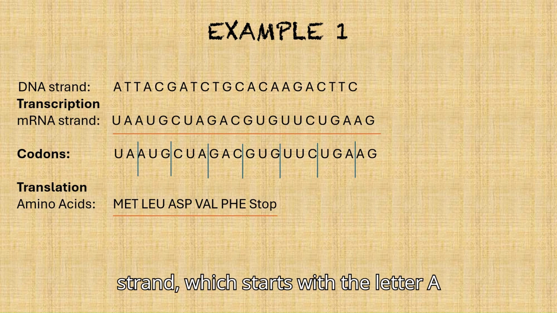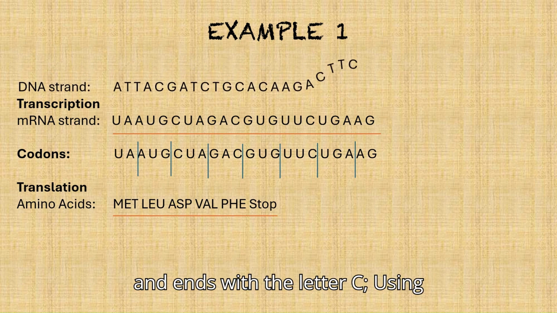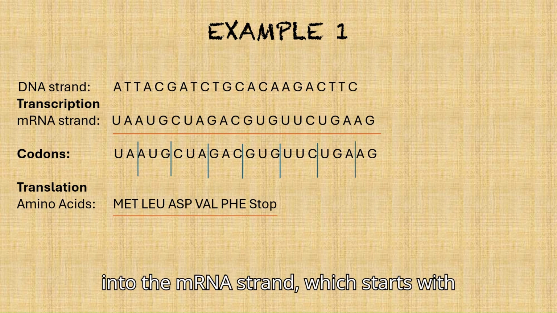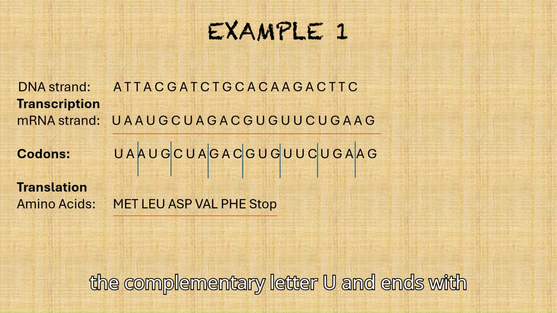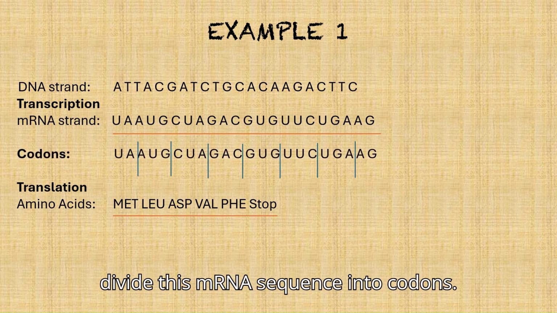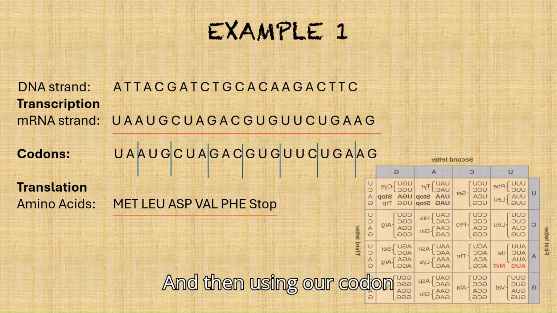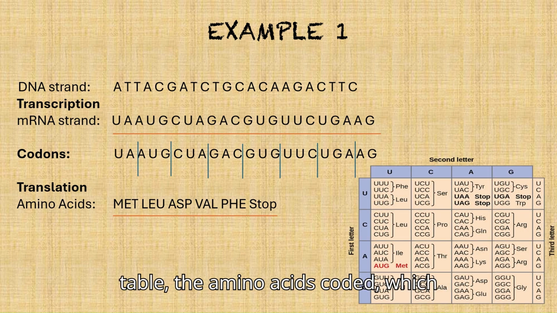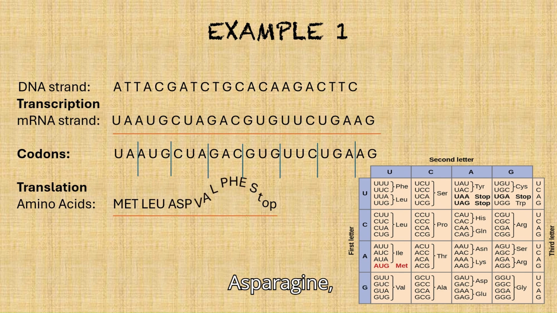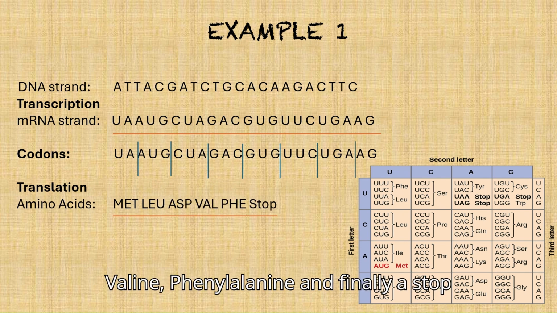The DNA strand starts with the letter A and ends with the letter C. Using the transcription rules, we convert it into the mRNA strand, which starts with the complementary letter U and ends with the complementary letter G. Next, we divide this mRNA sequence into codons, and then using our codon table, the amino acids coded, which usually begins with the universal start codon, are methionine, leucine, asparagine, valine, phenylalanine, and finally a stop